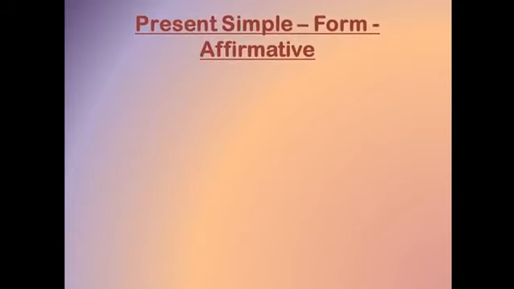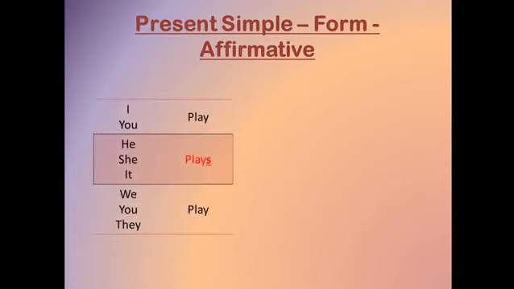Now, how do I form the present simple? I said if I want to form the present simple in the affirmative, if it's not negative, with I, you, we, you plural, and they, the verb stays as it is. I do not add anything to it. Okay, but with he, she, and it, I add an s at the end of my verb, and of course it depends on the verb itself if it ends with any special letters that we're going to revise again in the spelling rules. So with I, you, we, you, and they, the verb stays as it is, but with he, she, or it, I add an s in the present simple.